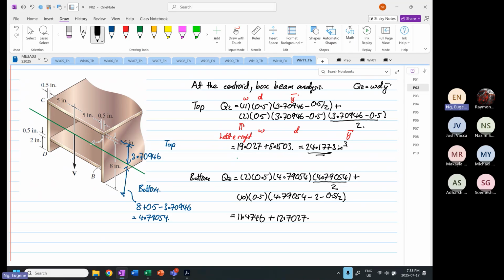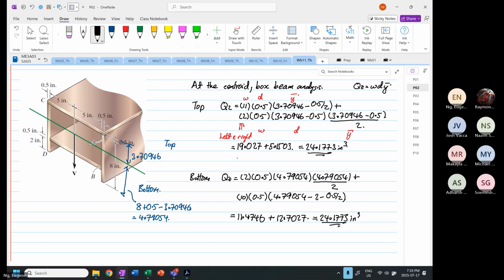Let me do it again. So this will be equal to 11.4746 plus 12.7027 is equal to 24.1773